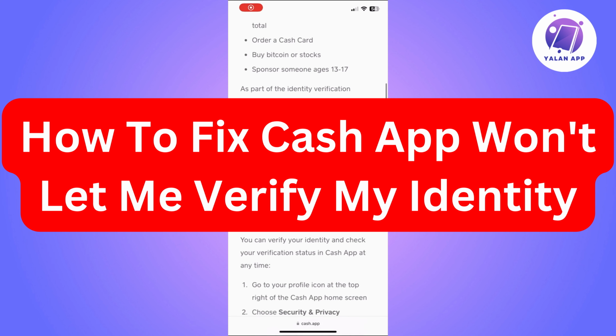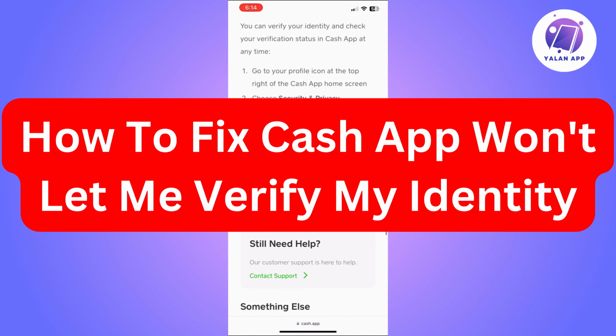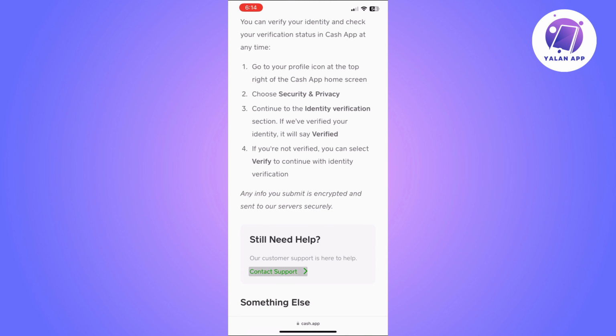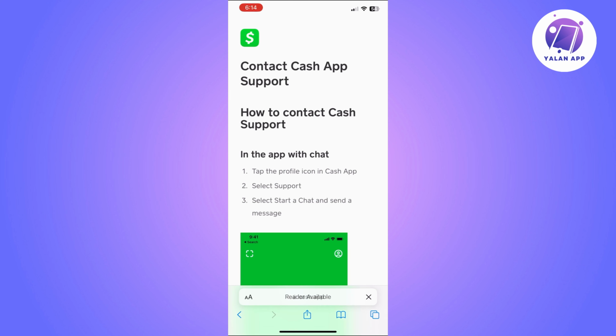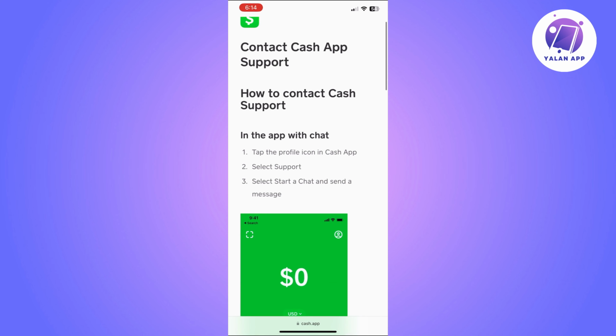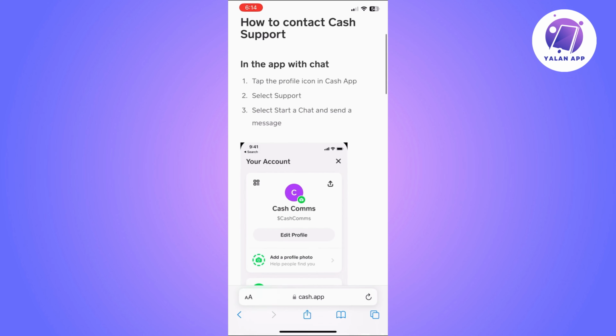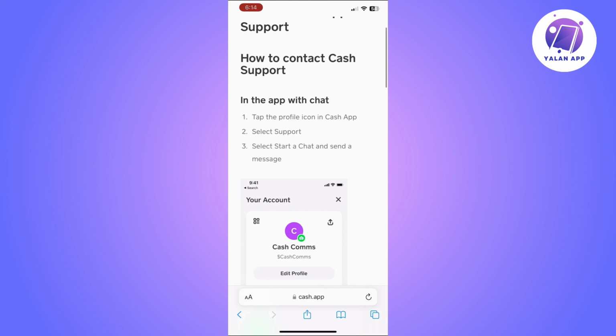Hi there, in this video I'm gonna show you how to fix Cash App won't let you verify your identity. So Cash App will ask you to verify your identity sometimes, and you will basically need to provide information to complete this. You can simply do it through the app itself, but if you do face any issues completing this process, then the only thing you can basically do is to contact their customer support as they have confirmed on